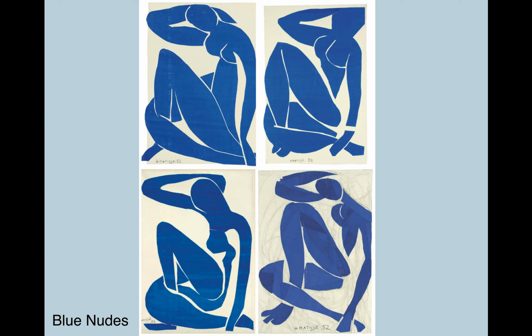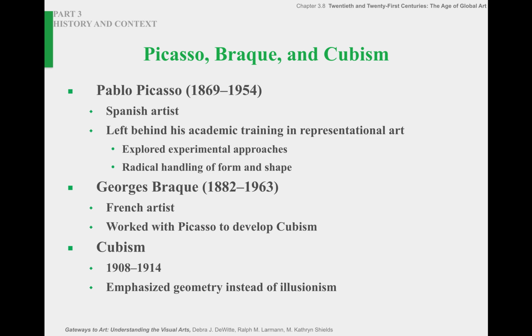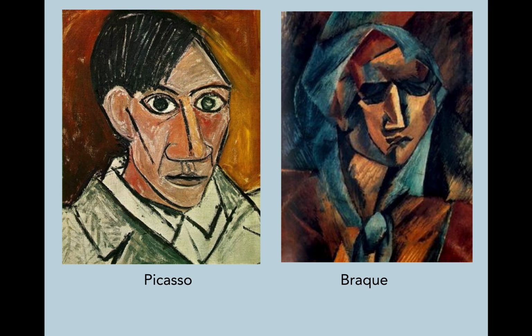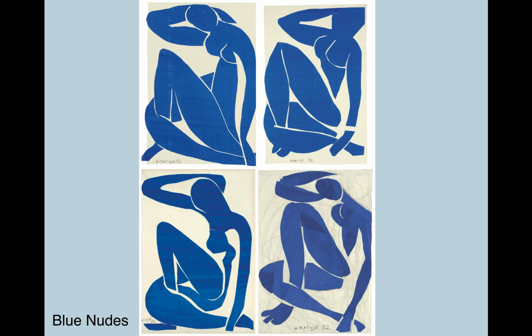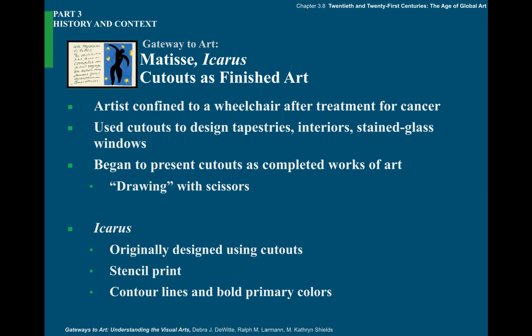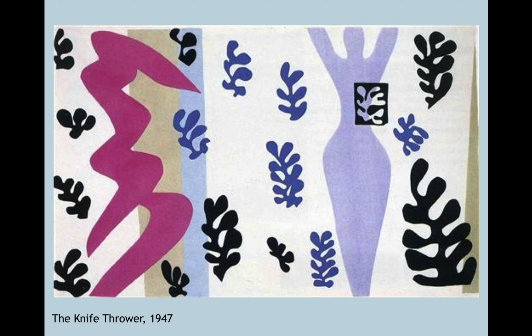They were trying to recreate and reshape and reform the human body, often the female human body for a lot of these artists. So we come to Cubism, which was started by Picasso and another artist named Braque, who figured out that one way Matisse had kind of literally shaped a new version and simplified a new version of the body. Remember, this is the knife thrower.